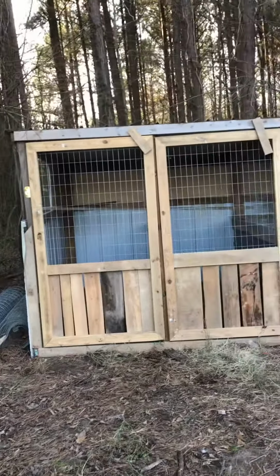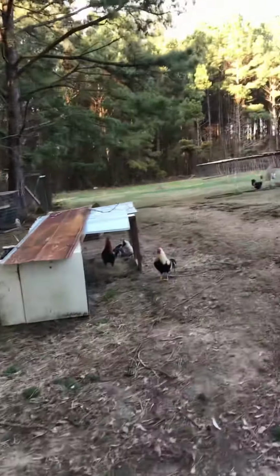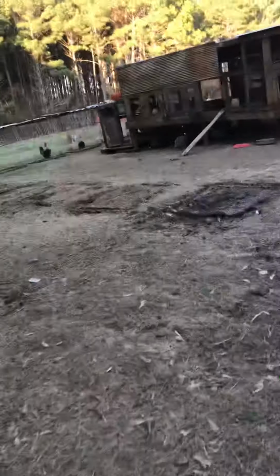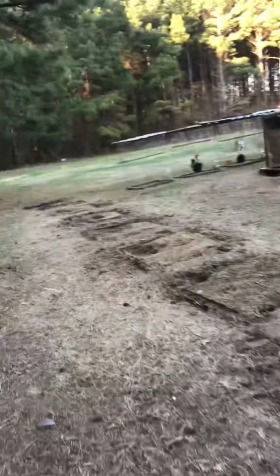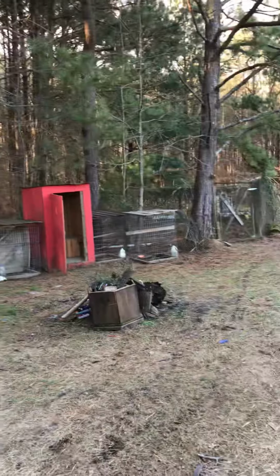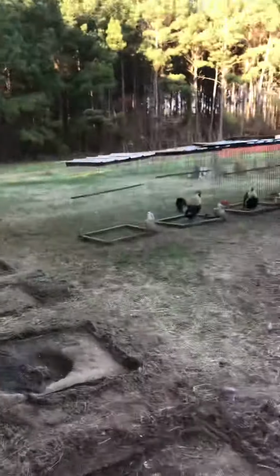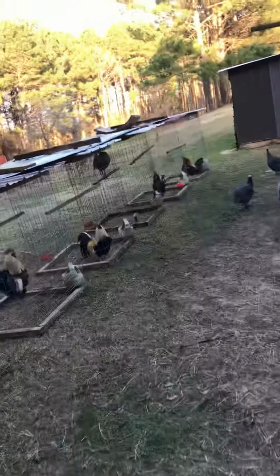Anyway, we working on the chicken yard. We added these 2 doors today. Got that cleaned up. But anyway, we've been moving pens around. You can see what kind of mess this got all into, that row of pens there. We got one down there the dog's about destroyed. So we moved all this, put them on some fresh grass. Ain't a lot of green grass right now, but